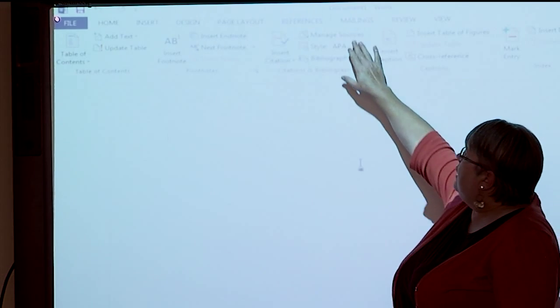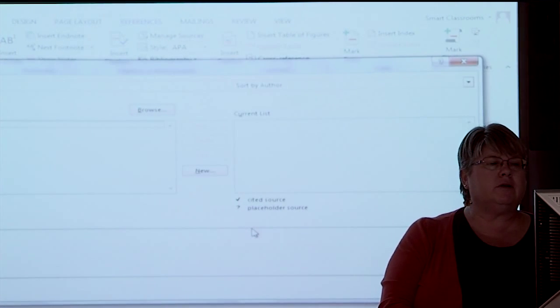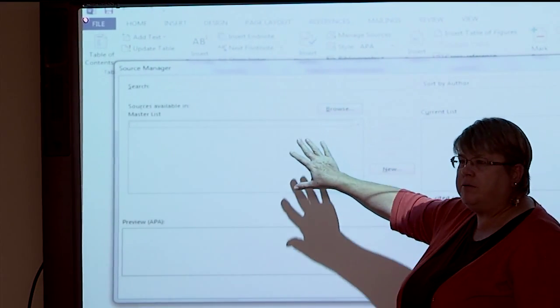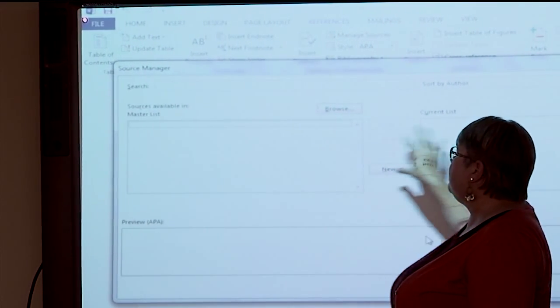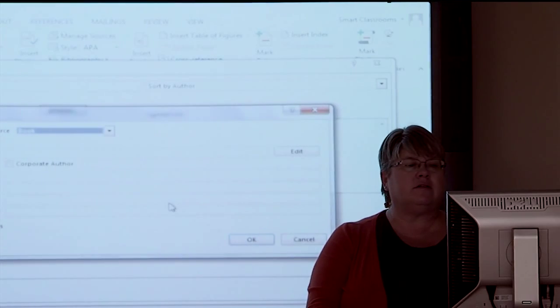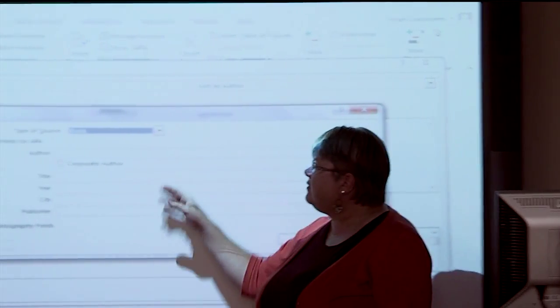So in here, if I click on Manage Sources, it brings up a form, and I can go through and I can add a new source. So I've not been using this computer, so it doesn't have any sources listed here. But I could click on New Source if I was starting to write, and then I can select what type of source it is.